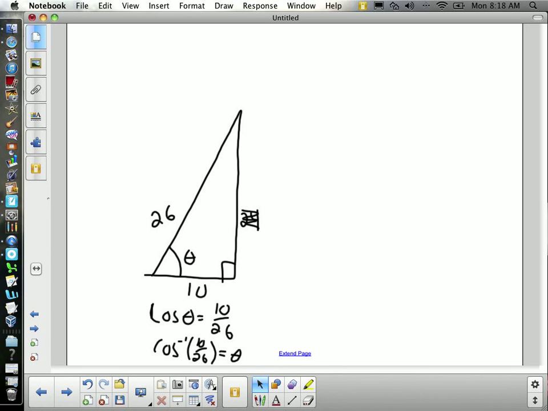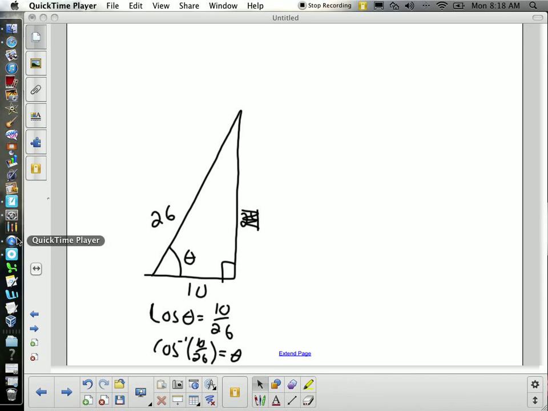Yes? Can I get my first quiz back in study room? I'd have to find them. I don't even know where I've got them stored right now. These are stats. That's all stats. I know I collected them back. The question is, if I can find it, yes, but if I can't, you can check with me later in the day to see if I